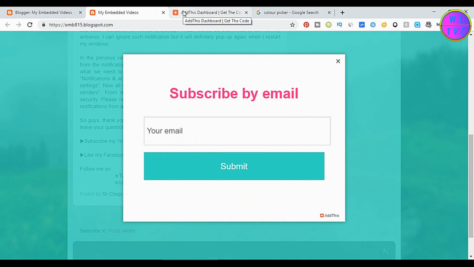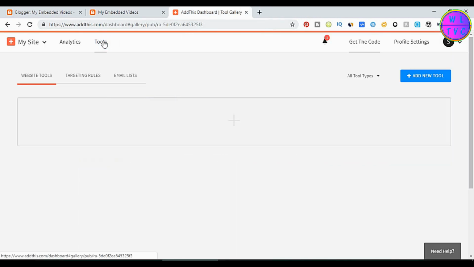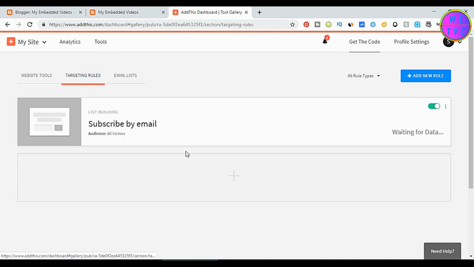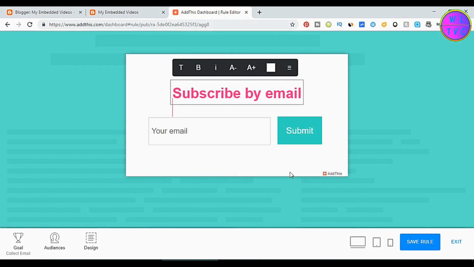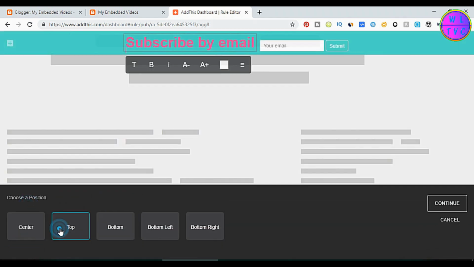Now let's change a little bit of position and behavior. Go to tools and click targeting rules. Click on edit here. Click design, position, change the position to top and click continue.